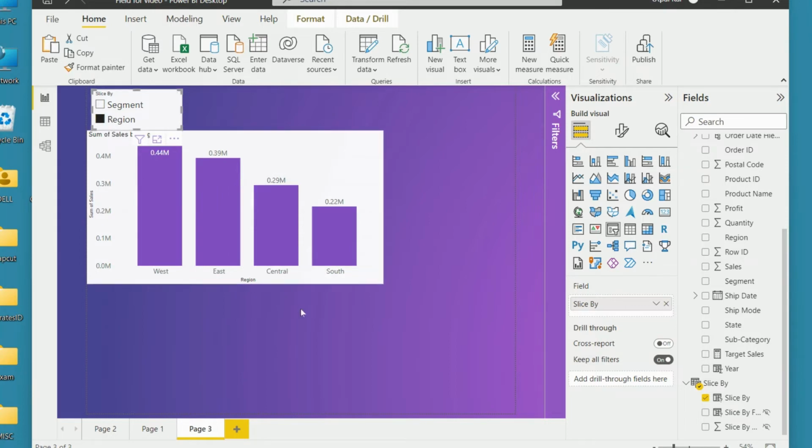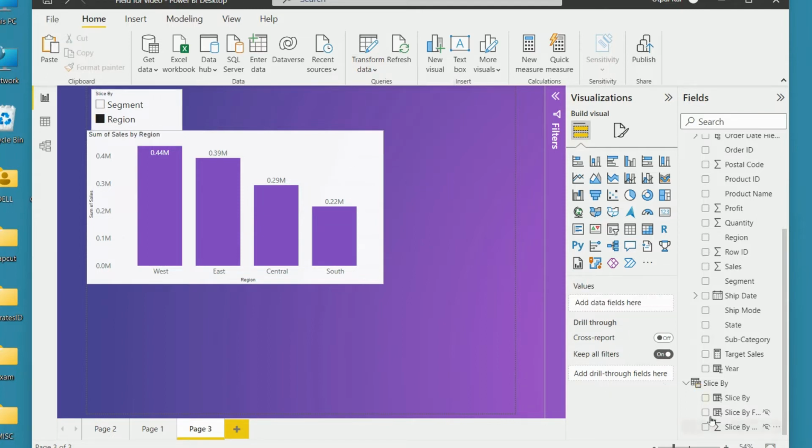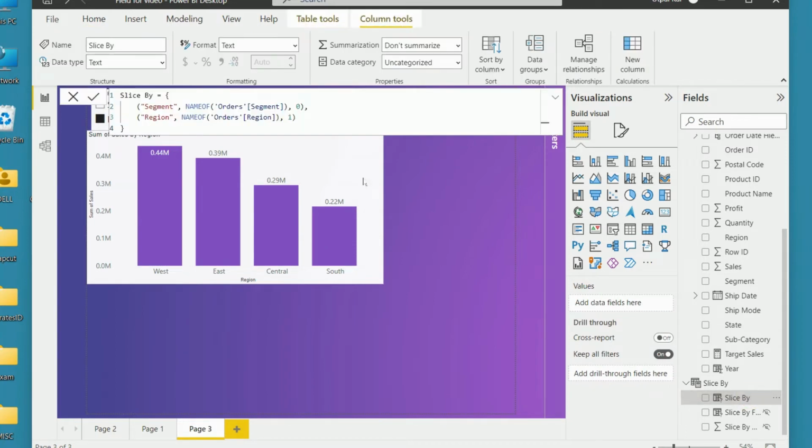Now let's talk about limitations. Earlier, to edit any parameters, what we used to do is go to transform and edit the parameter here. But this is inactive here. That won't work here because it's derived using some DAX functions. So if you want to edit this parameter, what we usually do is go to the DAX expression and say suppose we want to add another,